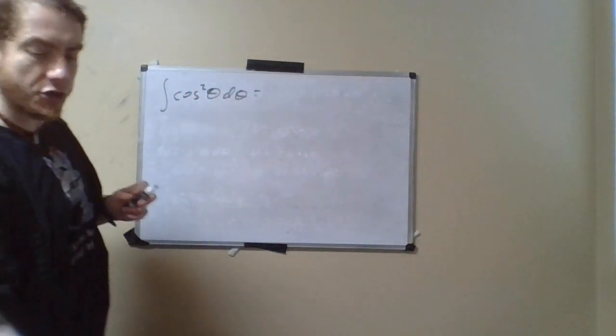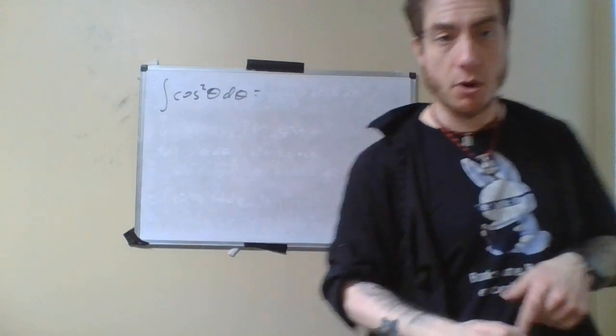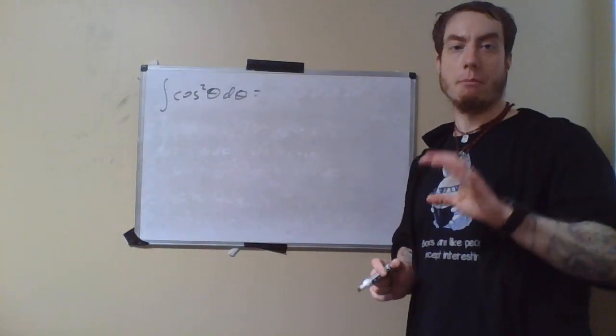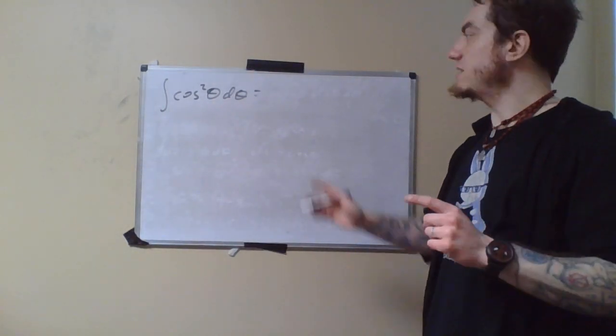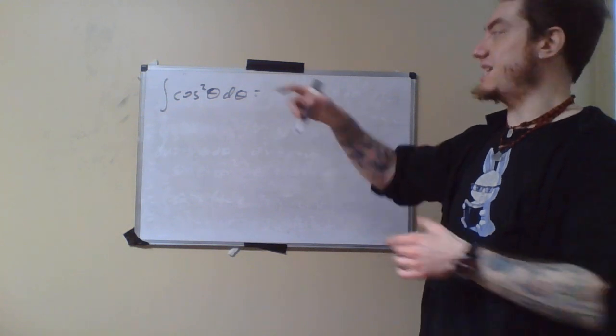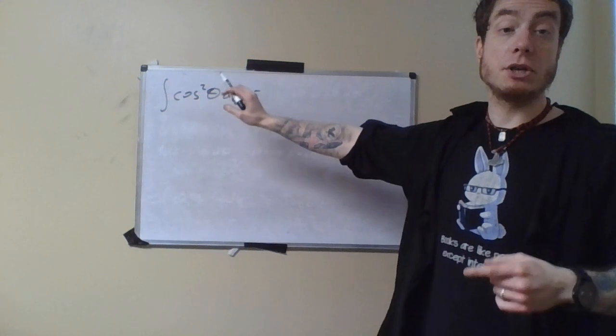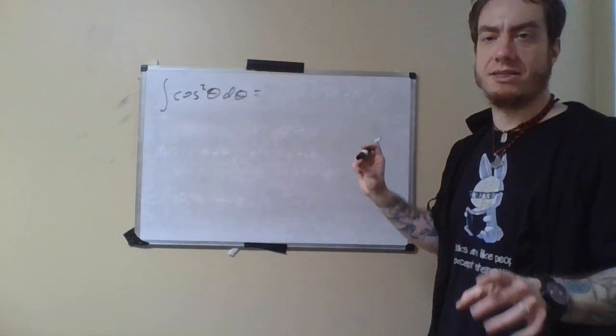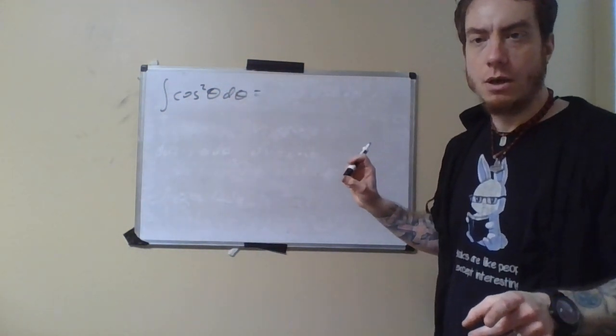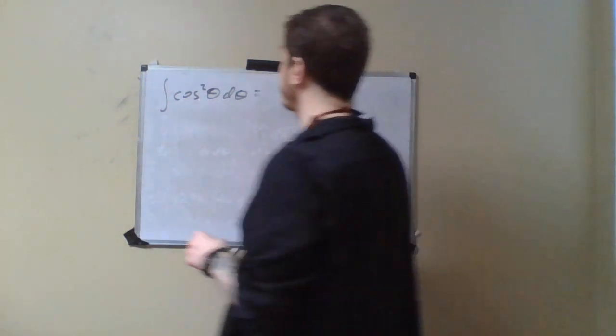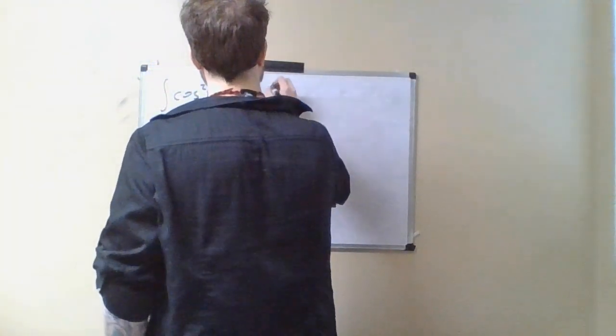Instead of thinking about integration by parts, which is maybe where your mind would normally go, it's certainly where my mind normally goes, we instead go back and think about the trig identities. Can anybody think of a trig identity here that involves a cosine squared? I'm going to give you a minute to think about that. Well, the answer is cosine squared theta is actually equal to